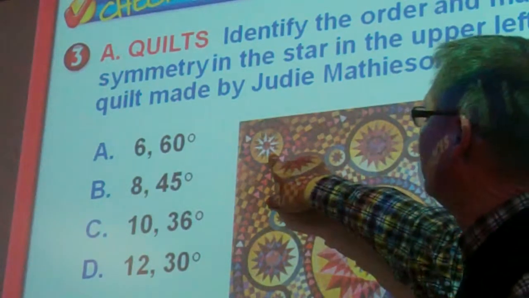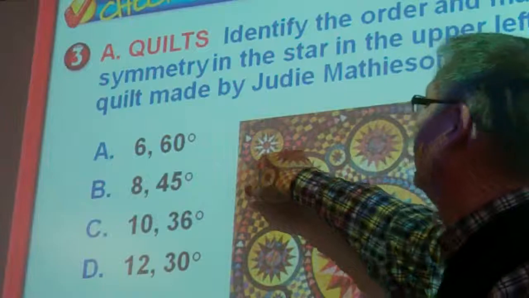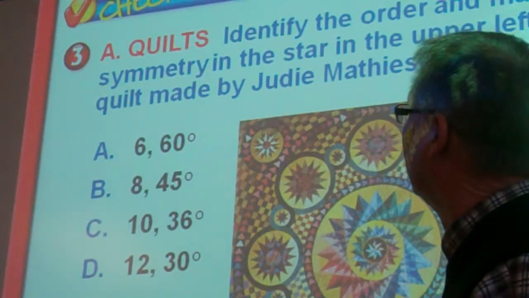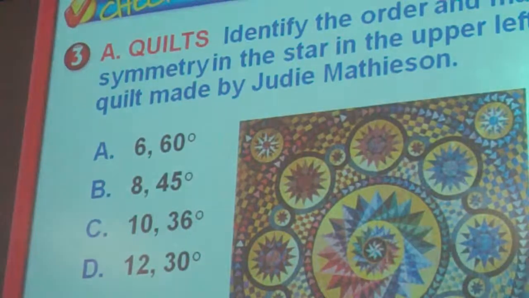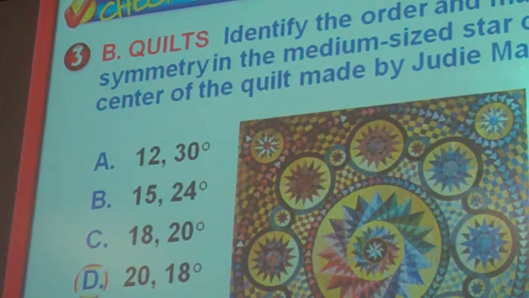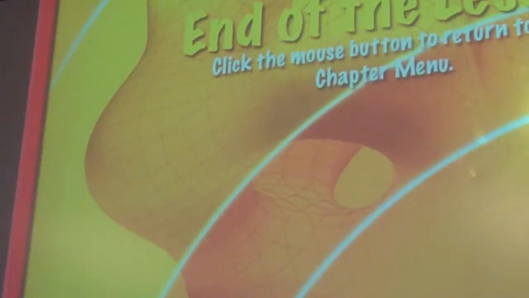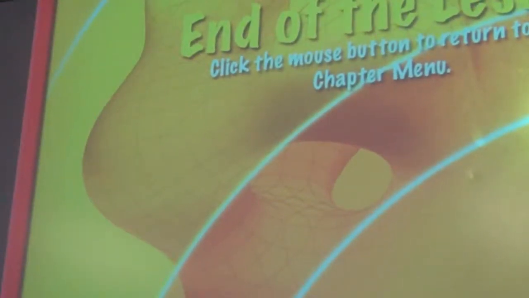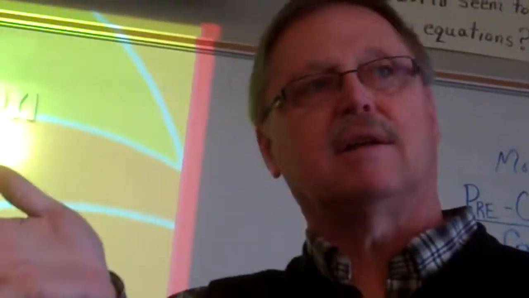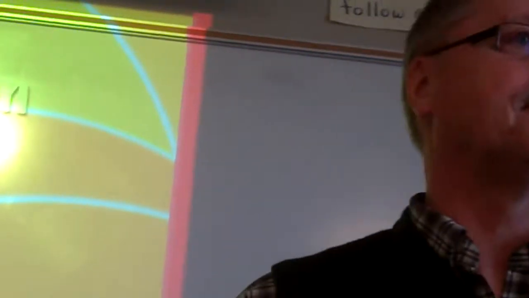How many times could you rotate that one? Thinking 8? Yeah. So you're thinking B? Very nice. What does it mean when it says the magnitude? How big the rotations would be and how many degrees to get to the next spot. How many degrees from one position to the next one will shift? Yeah, that's